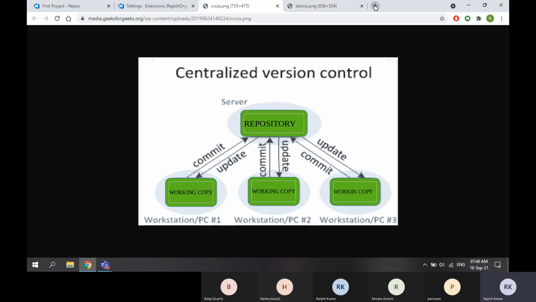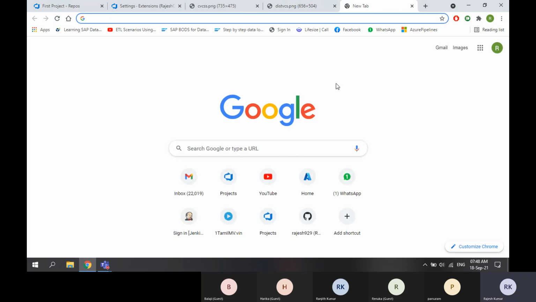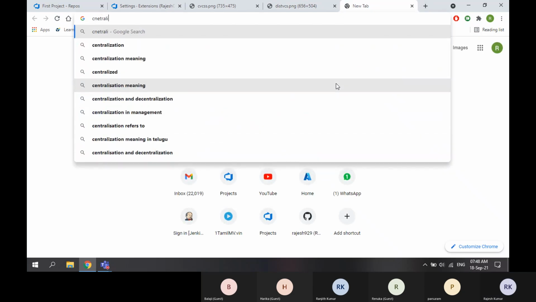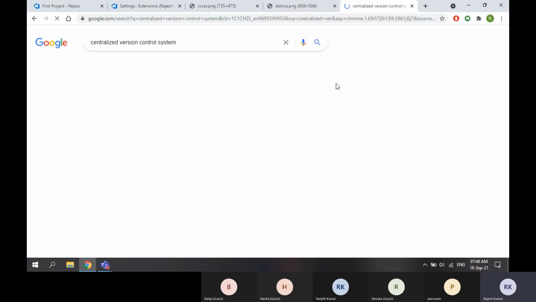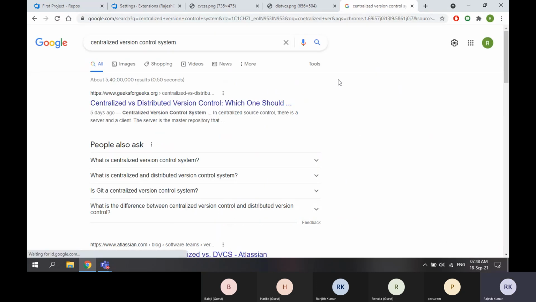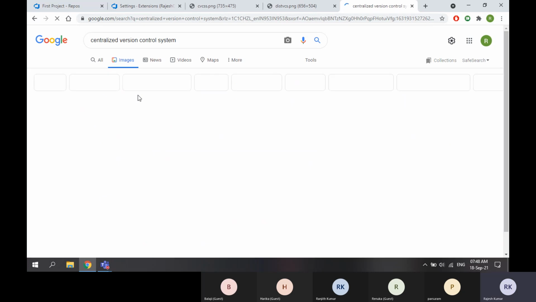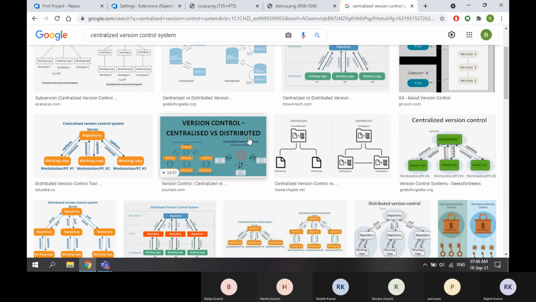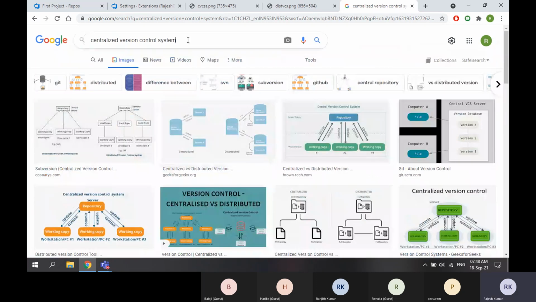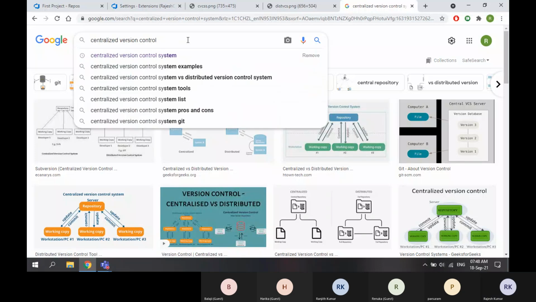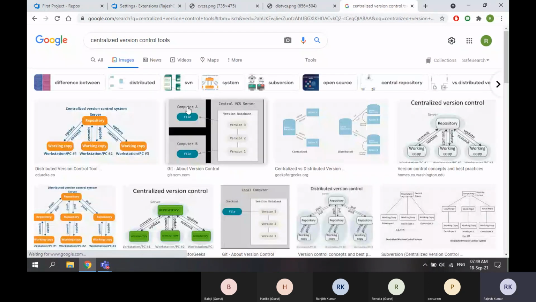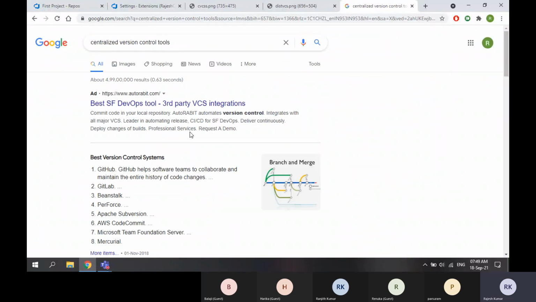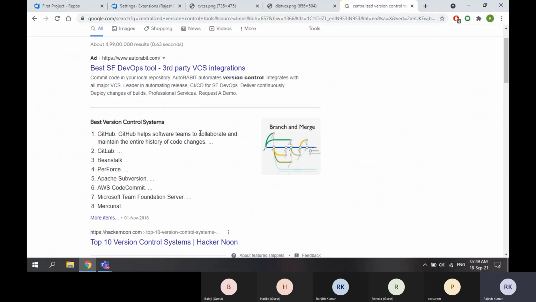Now coming to examples. Maybe I'm not getting proper examples, but I will tell you.